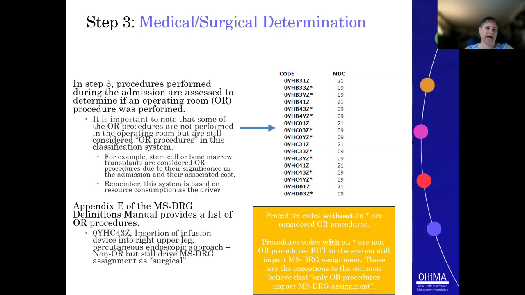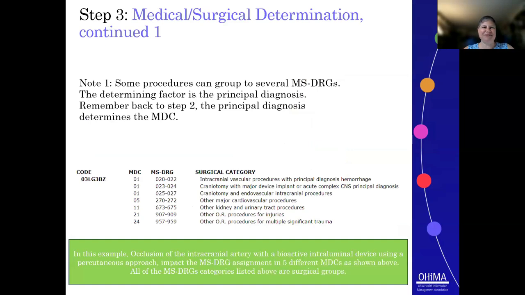If you have questions about this step from surgeons or physicians, they may say, I didn't take my patient to the OR. Why is my MS-DRG a surgical DRG for this admission? And here's where you can take your physician and show them how this classification system really takes resource-intensive procedures, even though they're not performed in the OR, but uses them to impact MS-DRG assignment. Okay, that was a lot, but let's move on here